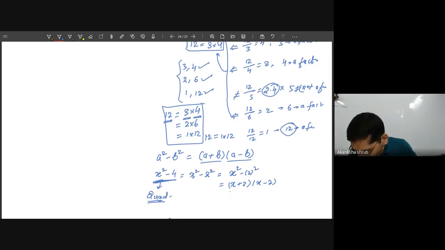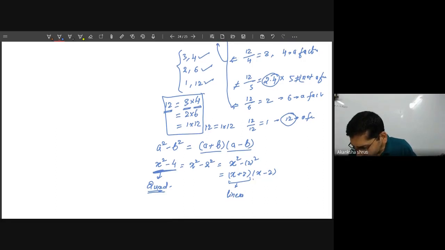What is this? This is one linear factor, a linear part. This linear part has to be multiplied with this other linear part. Each of these linear parts whose product can give us the quadratic is called a factor. So these are the two factors.